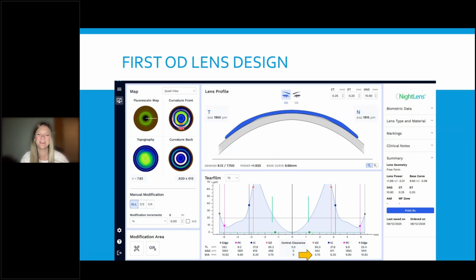So basically all I had to do was put in her HVID and her manifest refraction, and we hit design with my pre-settings. And so this is the lens that it spun out for me. And a nice thing about Wave too,